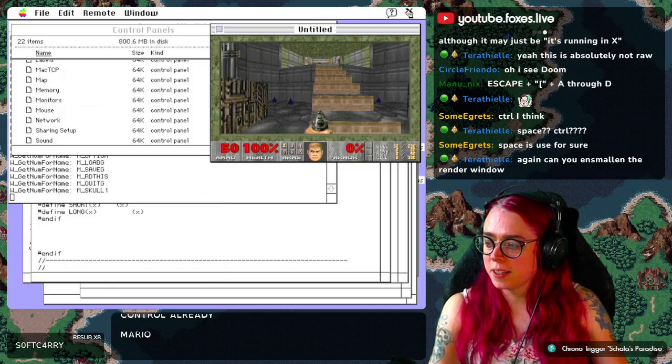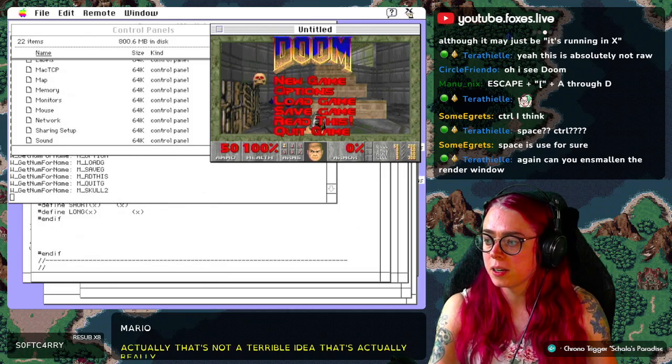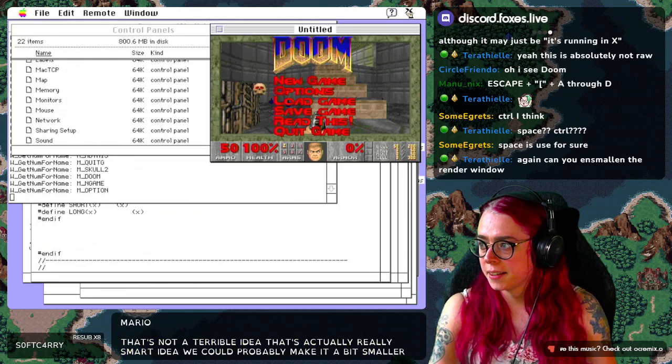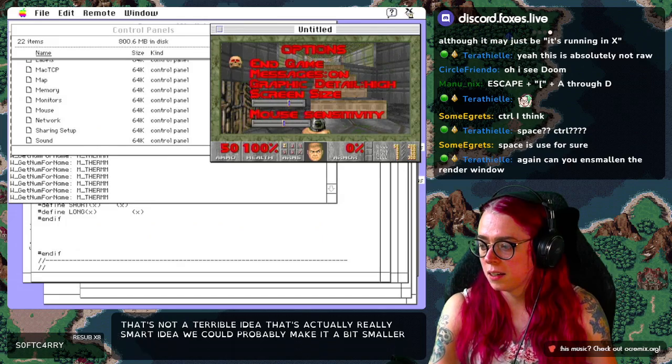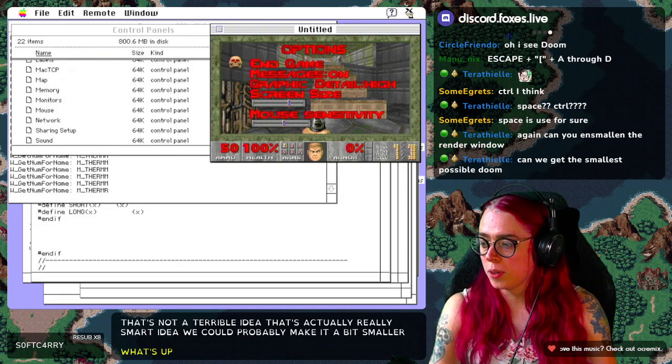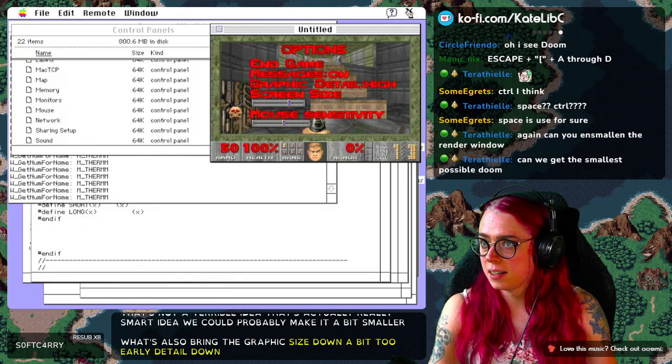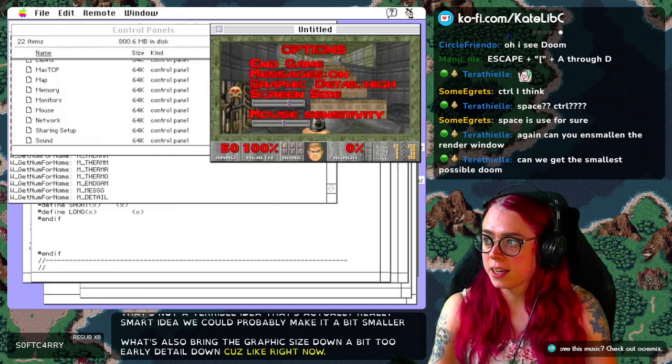Actually, that's not a terrible idea. That's actually a really smart idea. We could probably make it a bit smaller. Let's also bring the graphic size down a bit too, or the detail down. Because like right now the